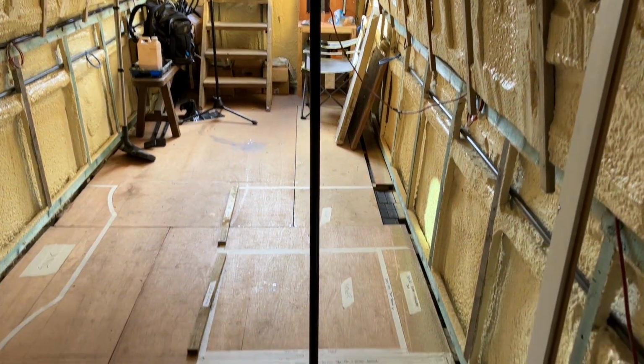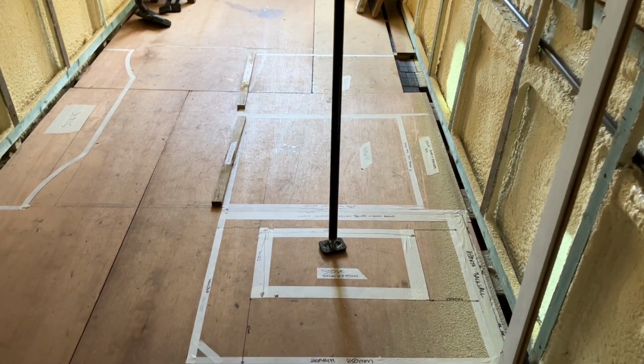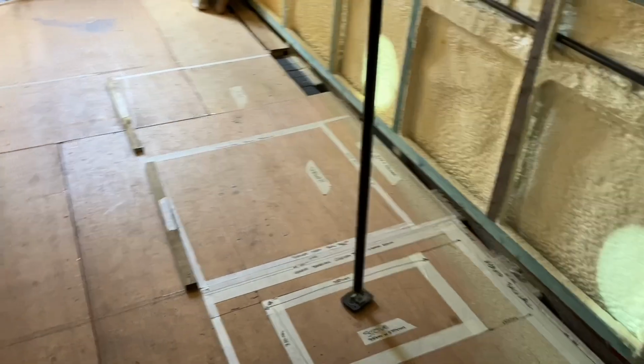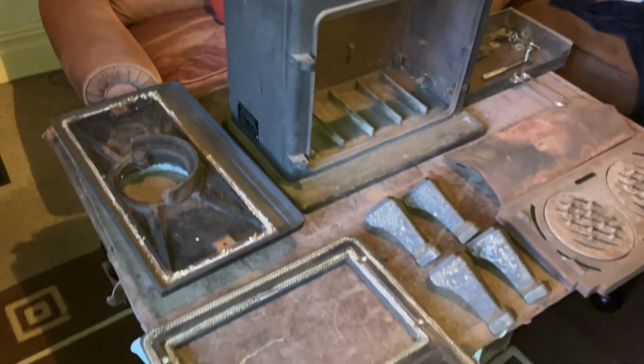And for that I need to clean up all the fireplace. I'll get some footage of the fireplace when I get home and I'll stick it in now. You can have a look and then tell me what you think. Okay, so this is the fire I've got. It is a